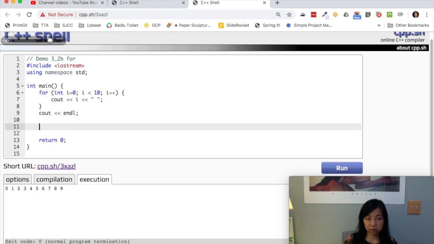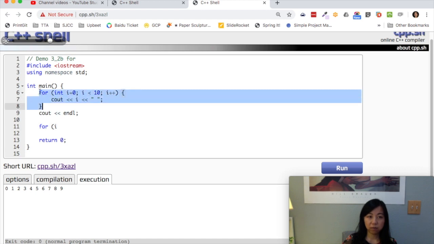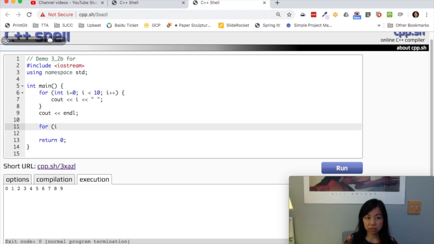Let me restart. I can actually even use i again, but like you already know, if I don't declare a new integer, it won't work, because this i is only effective. It's a local variable in this block. So let's use another integer. Honestly, why not make it clearer? So where do we start? We want to count from 9 to 0, right? So we start from 9,